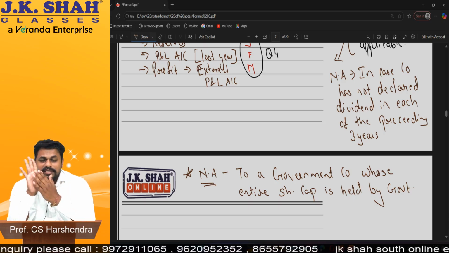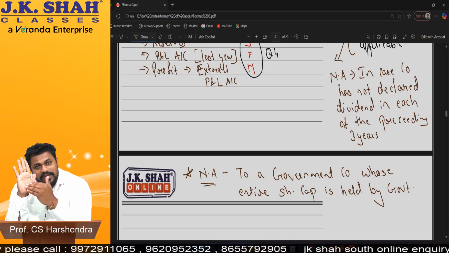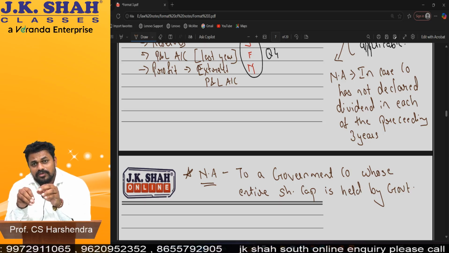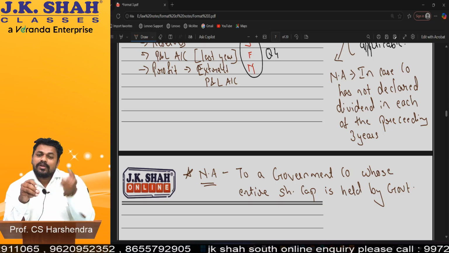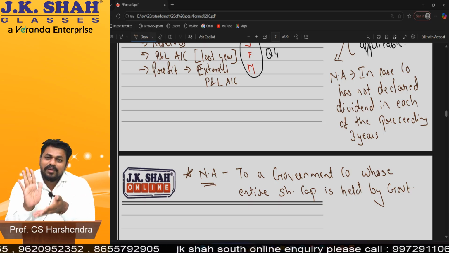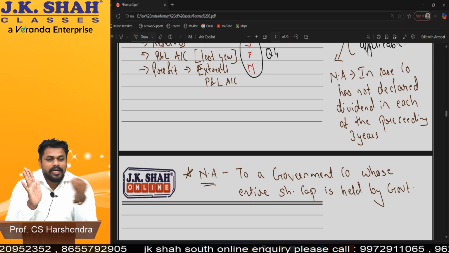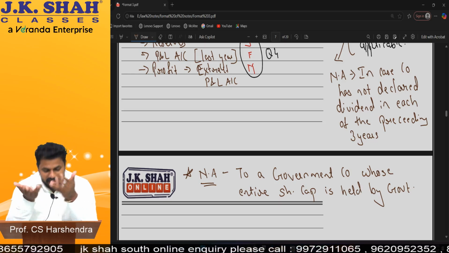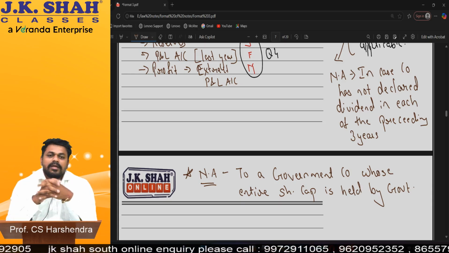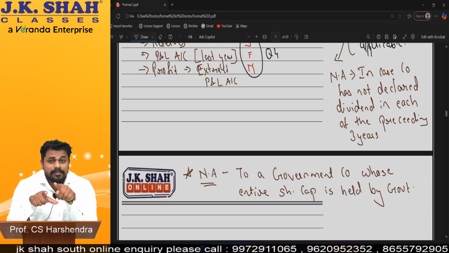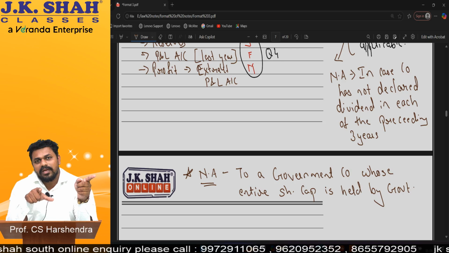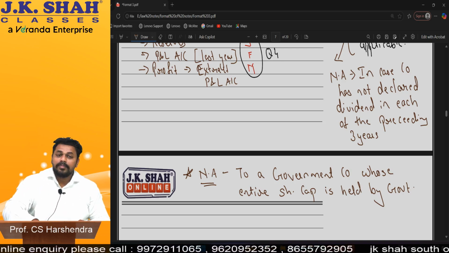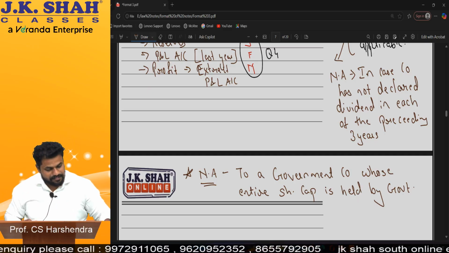The second logic is that these companies will not pay dividend anyway. You know why? The government company's entire share capital is held by government. So all the money is with whom, beta? Government. In fact, free reserves also. If they declare dividend, the money will go where? Free reserves only. It will only be a debit credit entry. That is the reason these companies will not pay dividends, so they have given exemption. Am I clear? But if it is a normal government company, 60% held by government, will this exemption apply? No. I hope I'm clear with 123.